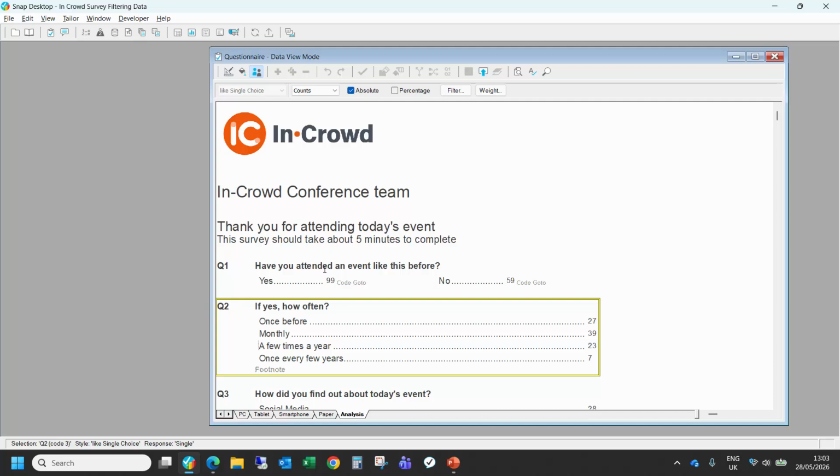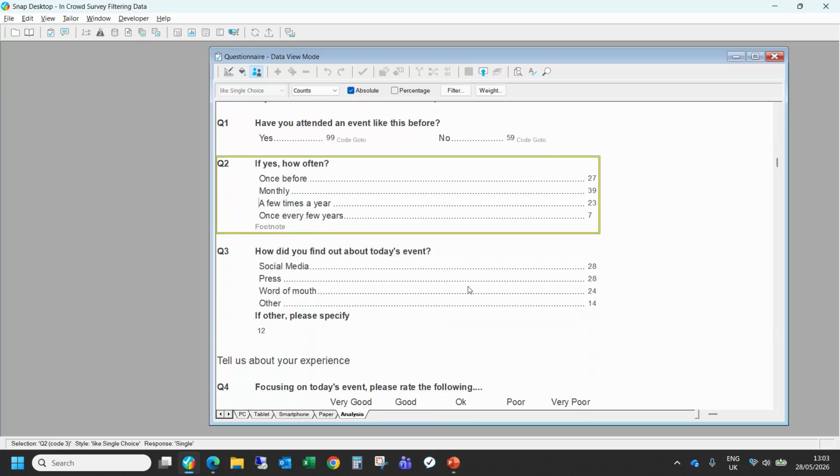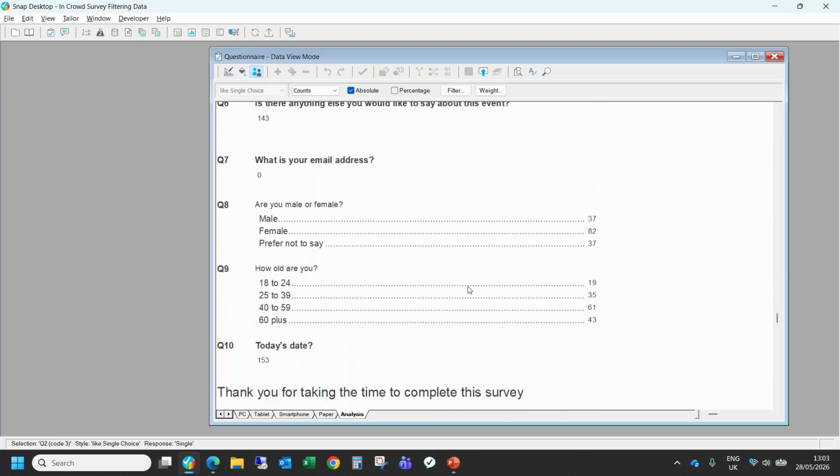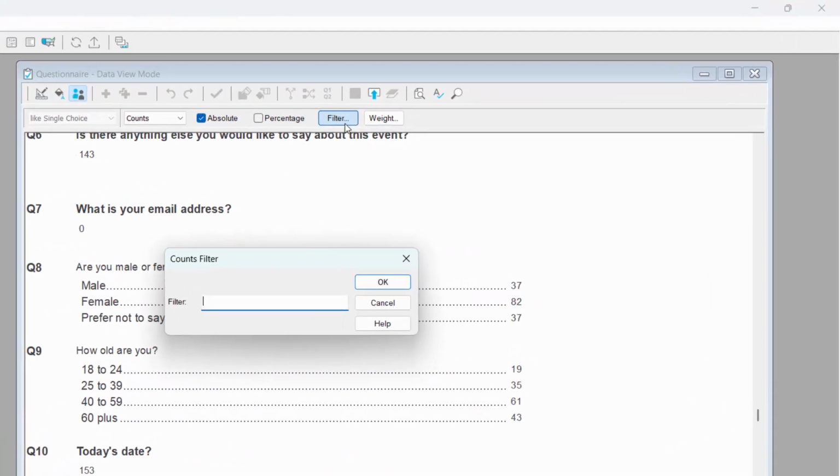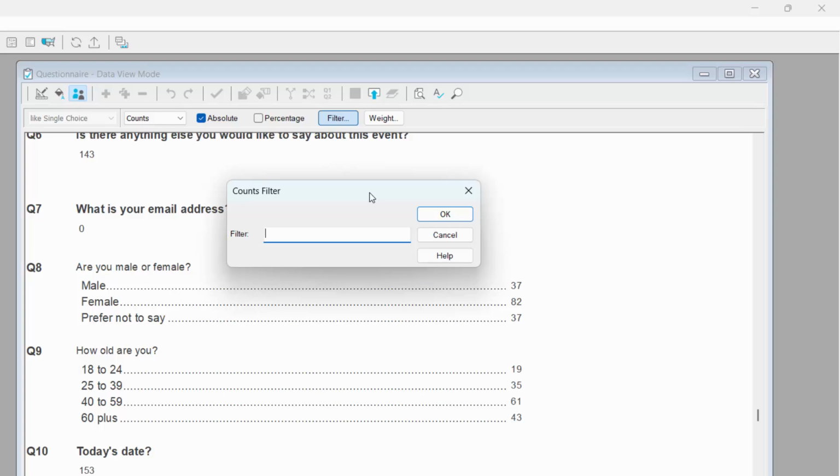We can see that 99 people said yes and 59 people said no, and if I come down to the demographic questions 8 and 9, we can see 37 people were male, 82 were female, and 37 said they'd prefer not to say. I'll go ahead and apply a filter. So we're going to filter on the gender question. So if I start by typing Q8, because we're referring to question 8, and then equals 2, so 2 identifying the females. If I click OK,